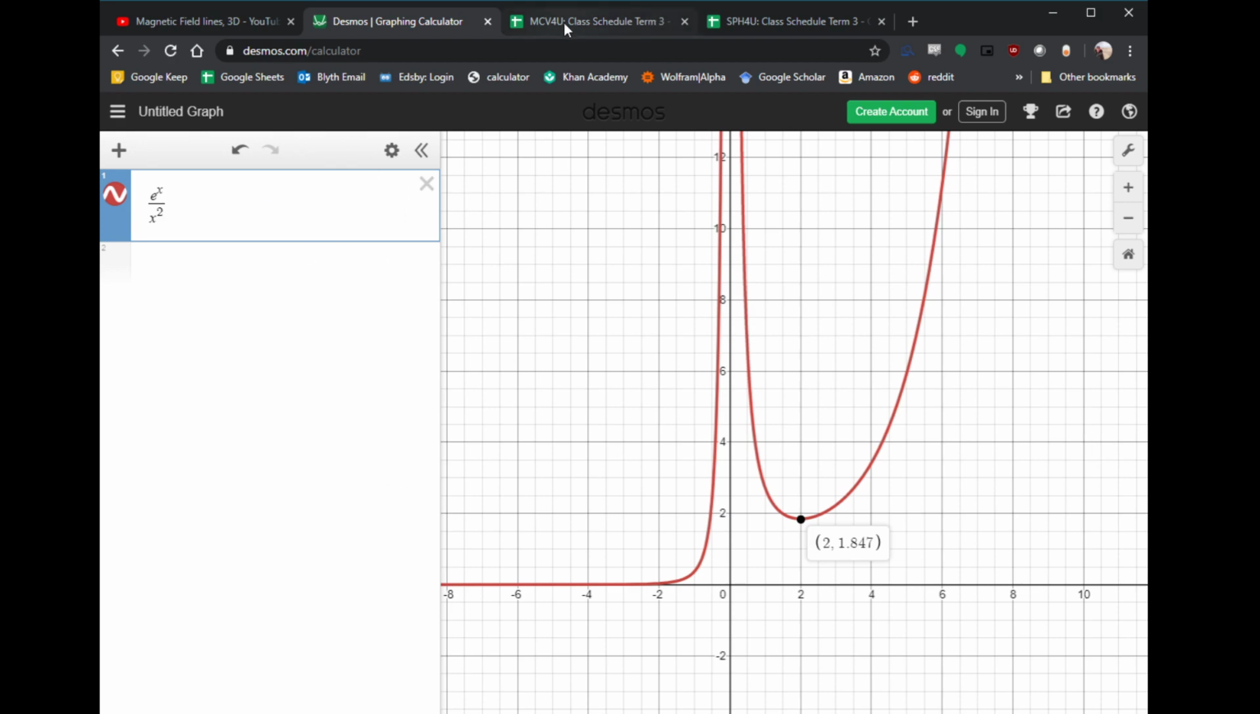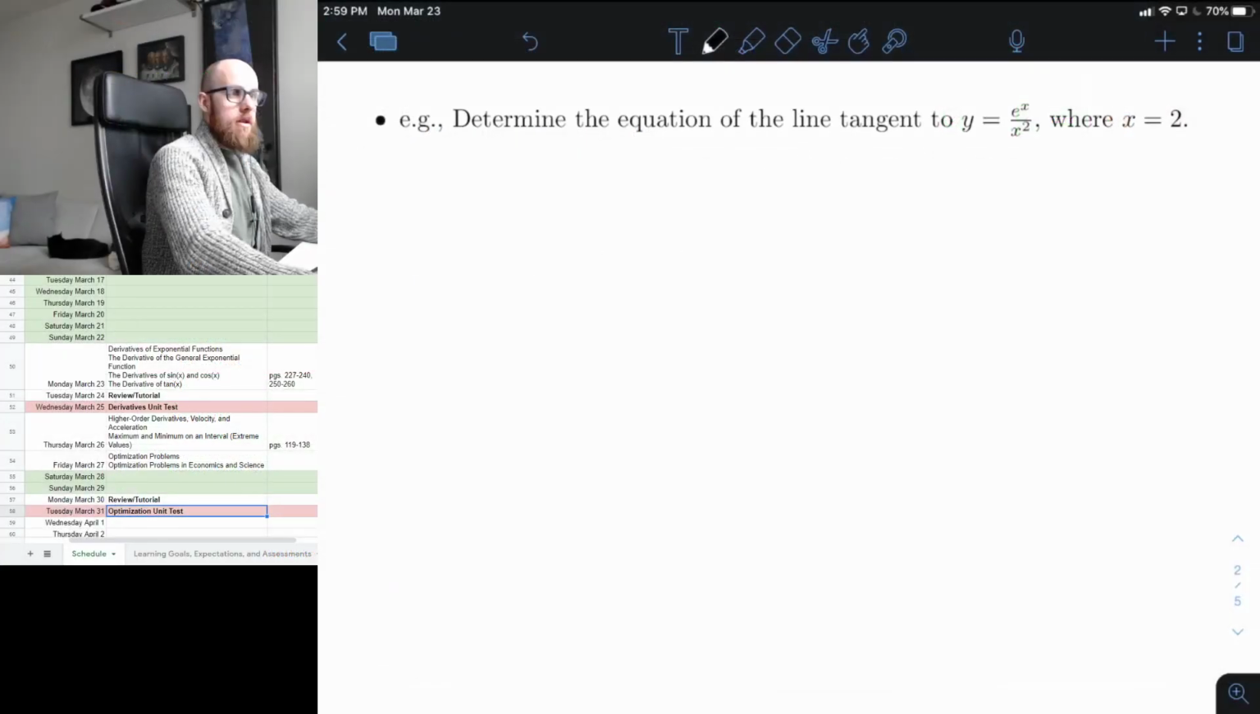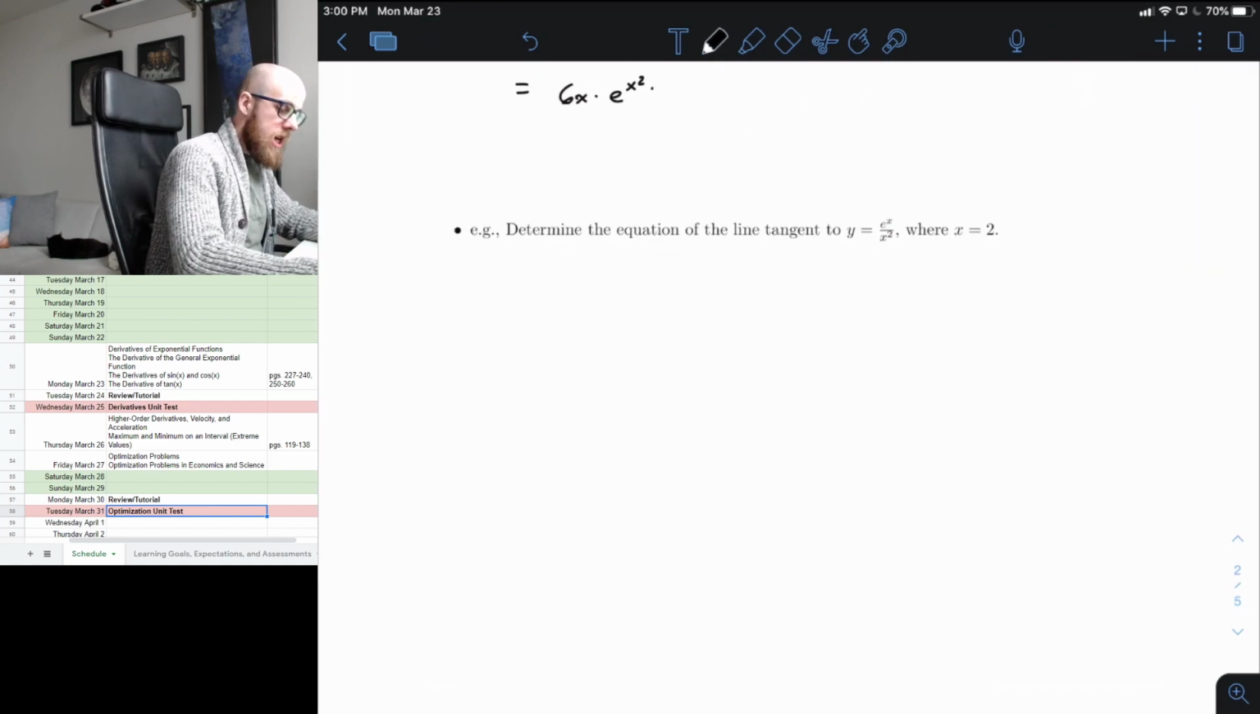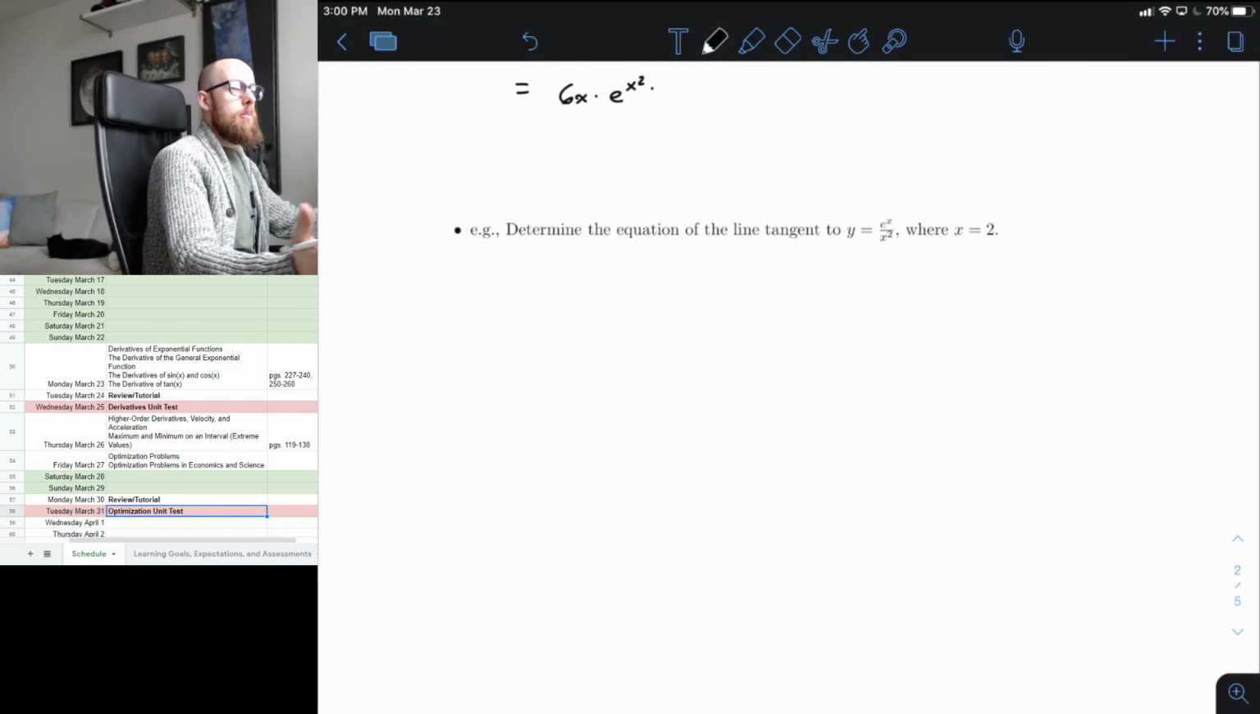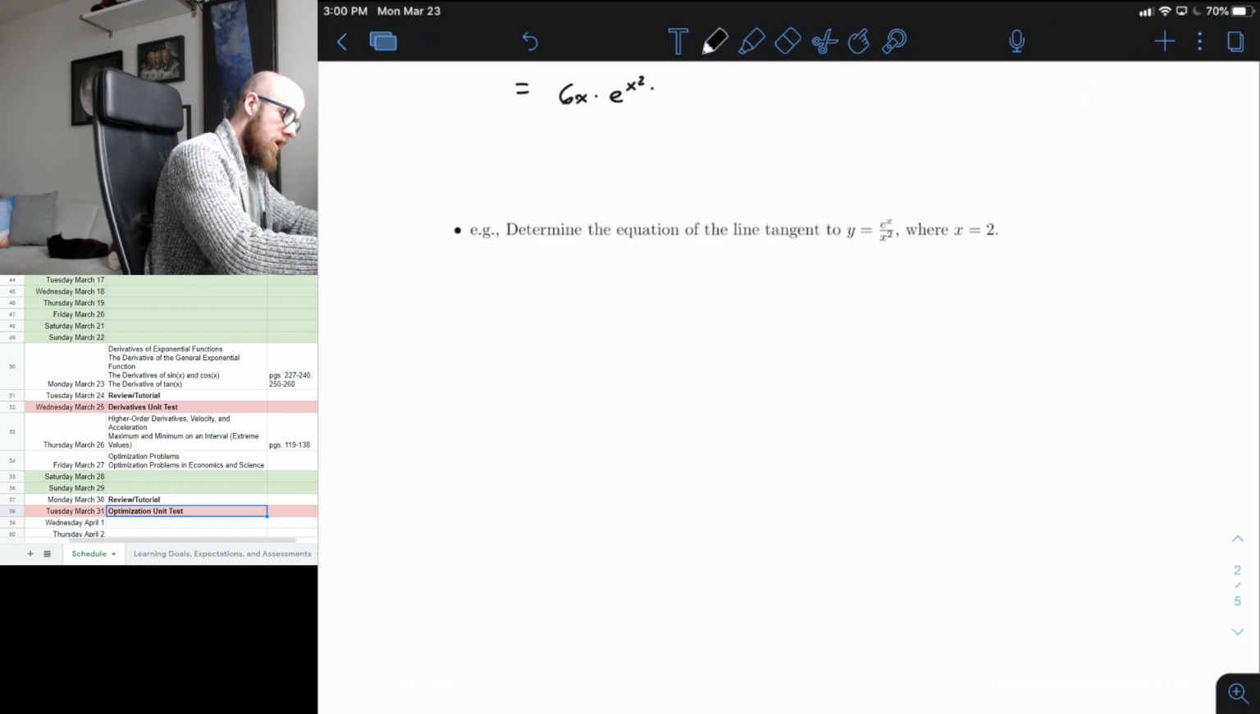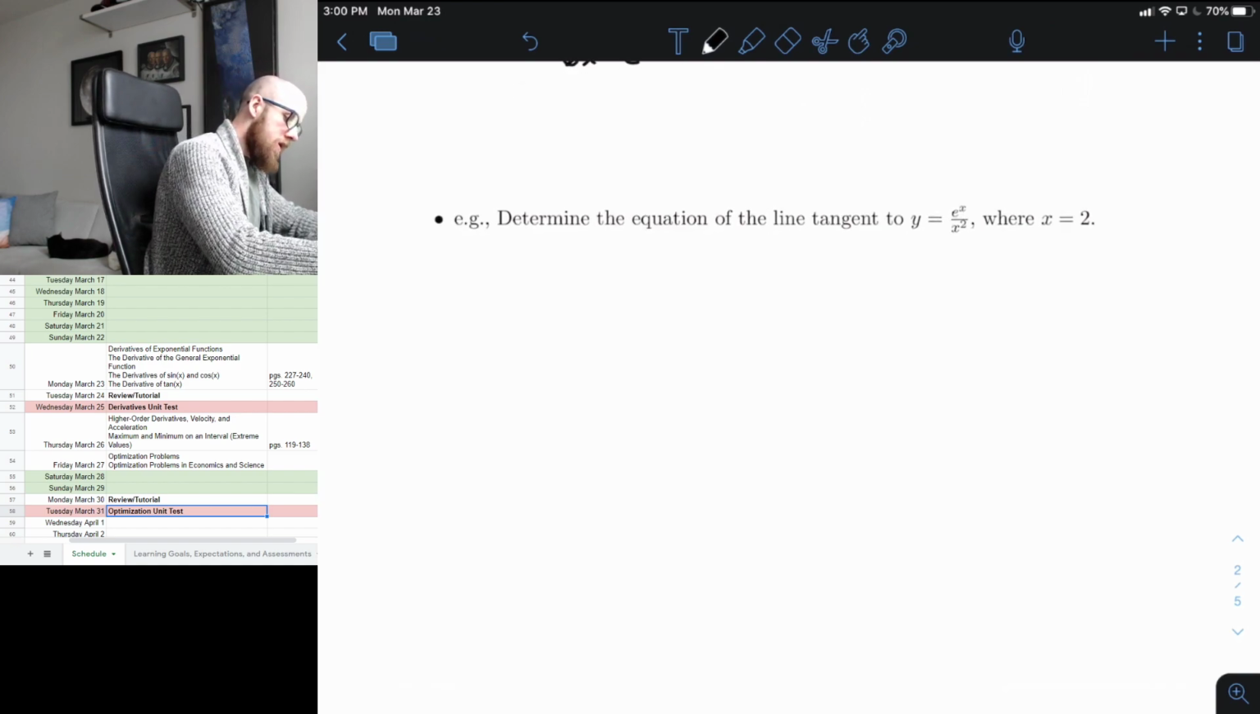All right. Okay. So back to notes here. So to determine the equation of the tangent line, I have to take the derivative, plug in the value to figure out what the slope is, and then I'll have to plug in the point to figure out what the y-intercept is. All right. So let's start with the derivative. So y prime